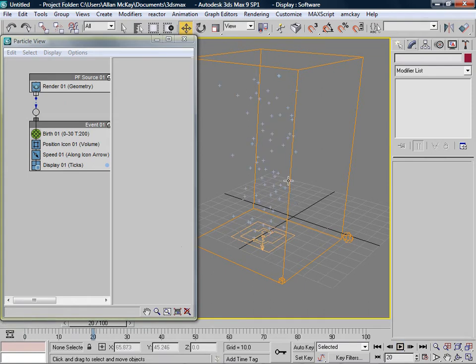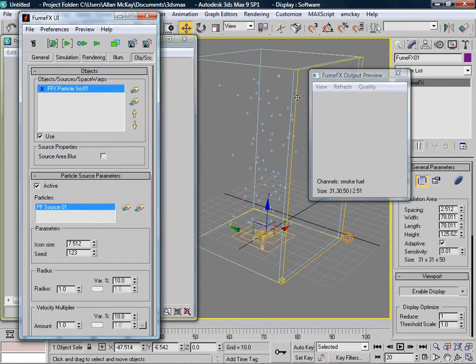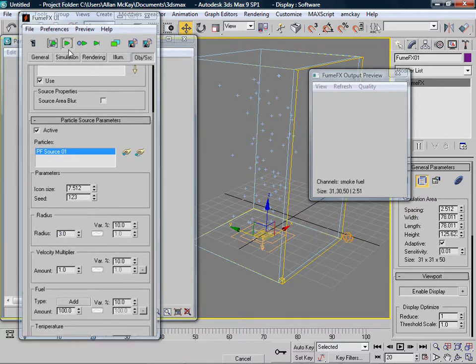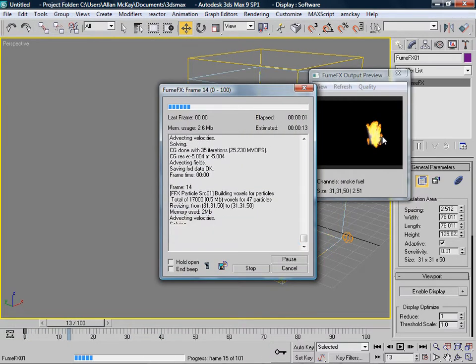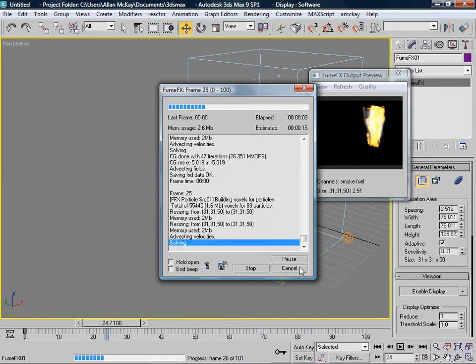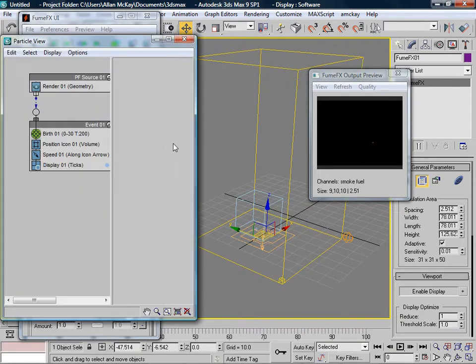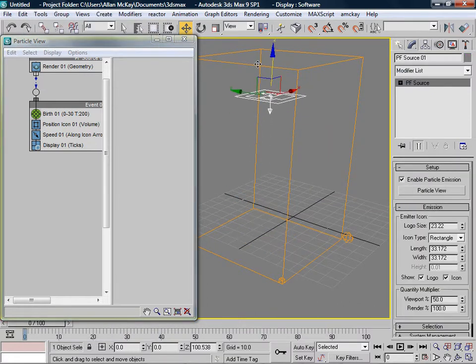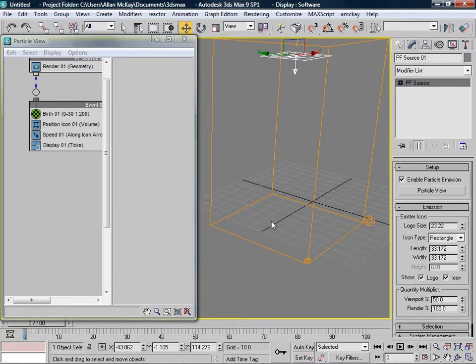We've got particles coming up, and if I run the sim, we've got our particle system working with Fume effects. However, what if I wanted to do it on an event basis? Like I had, in this example, some particles here,